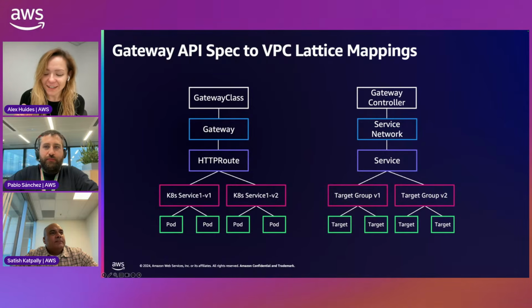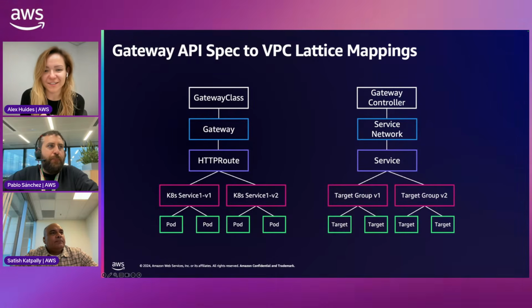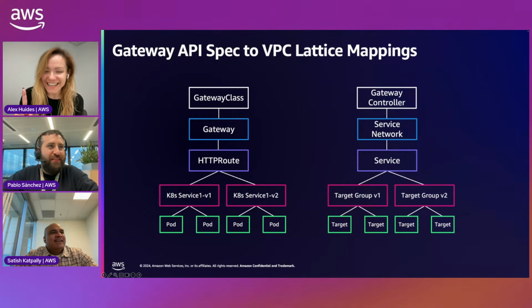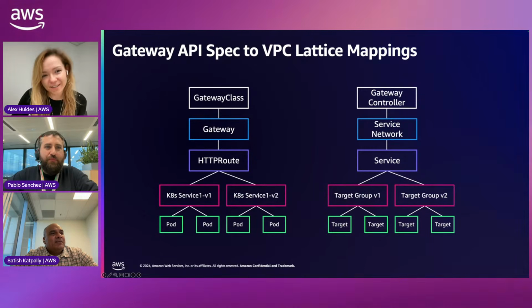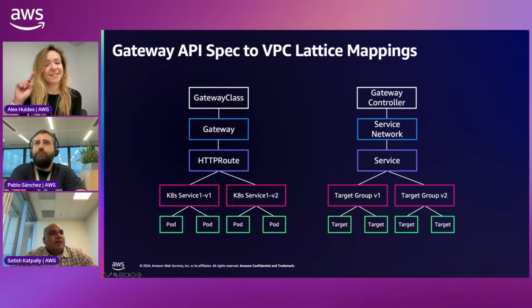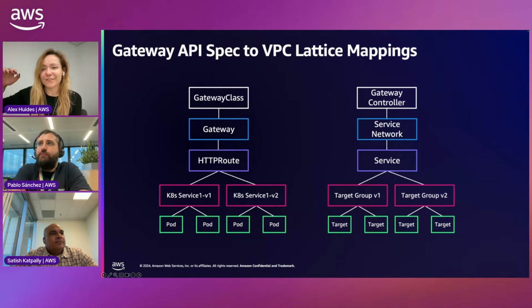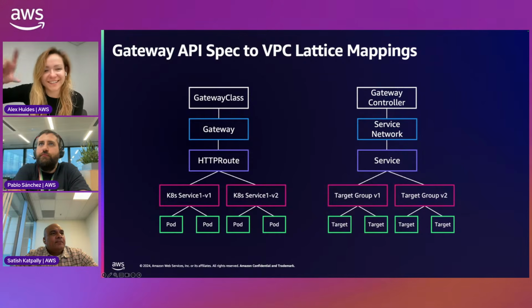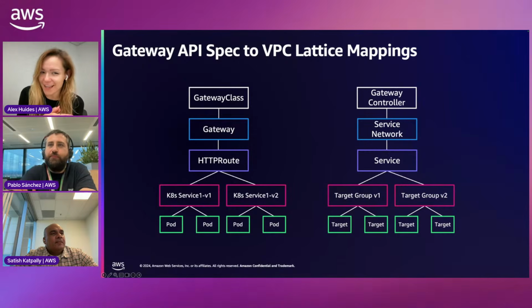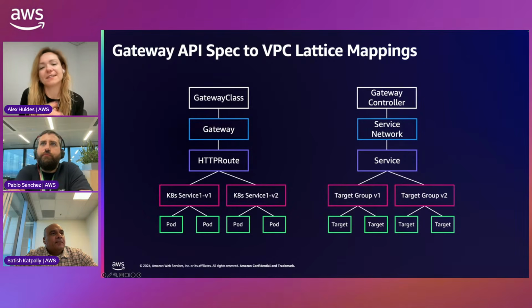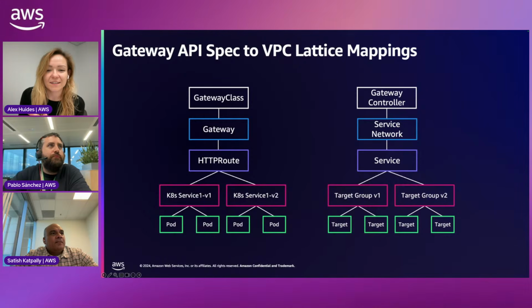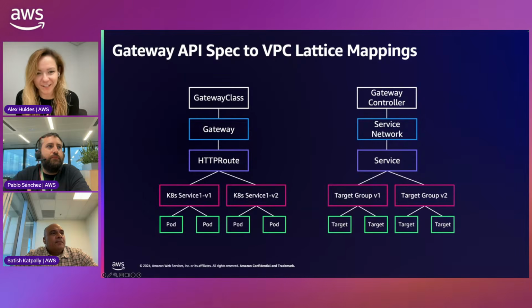First, for me, it was pretty confusing that Kubernetes services and Lattice services are actually at different levels. That's an interesting one, because actually the Kubernetes service is a target group. You get to see that the moment you go configuring the HTTP route. You're like, okay, this is the actual target, what I've defined as a service earlier. So keep in mind that the service in the Gateway API implementation in Lattice is the VPC Lattice service. It's not the Kubernetes service. That just becomes a target group.